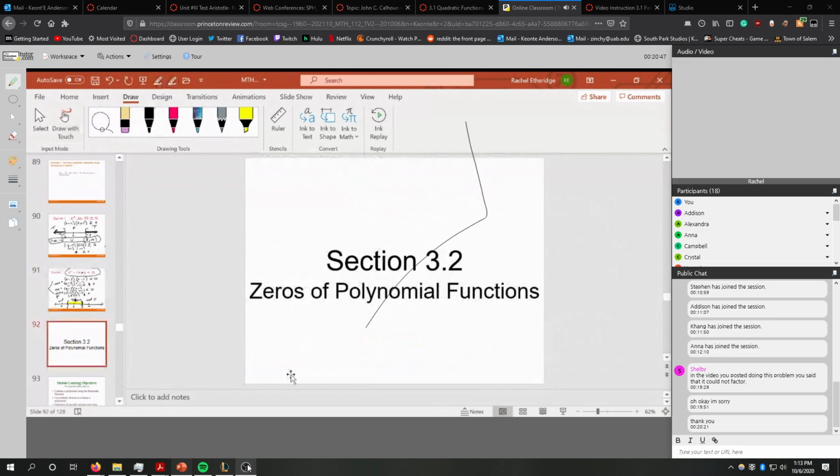So section 3.2, zeros of polynomial functions. This is kind of off the beaten path a little bit from what we've been doing, but it is directly related to the things that we've been doing. When you solve a quadratic equation, you're literally finding the zeros. And this section just teaches us how to use synthetic division to break something down and be able to find